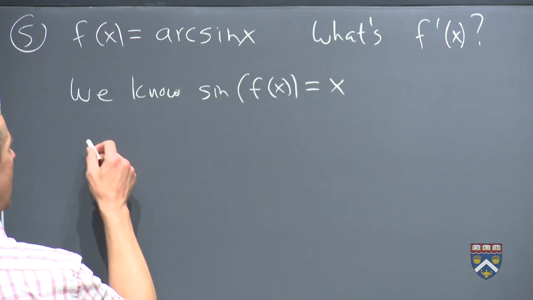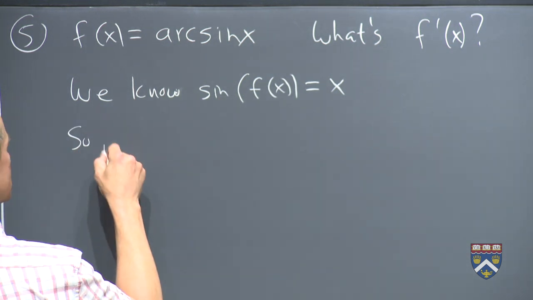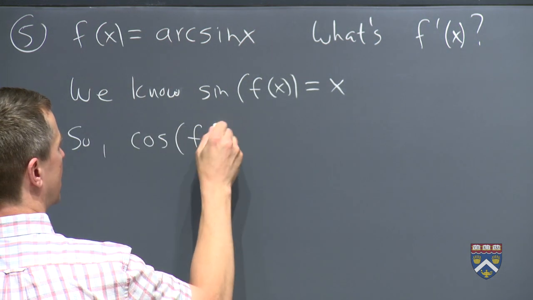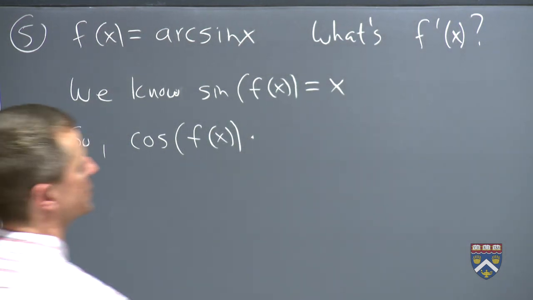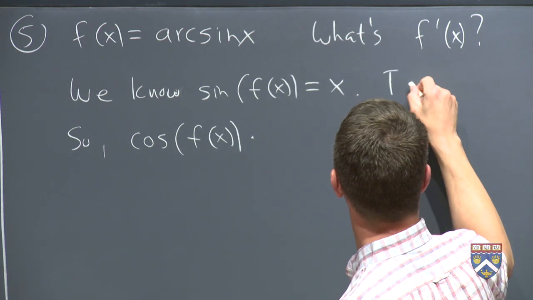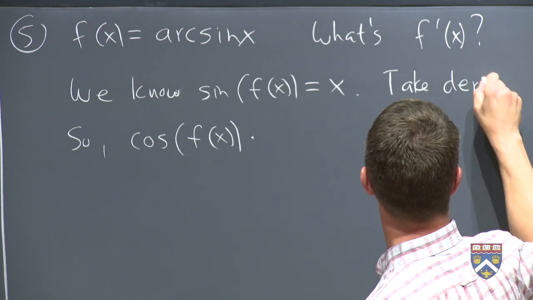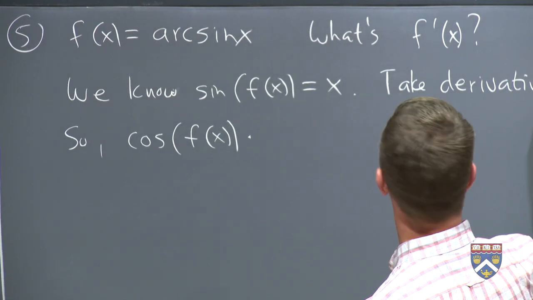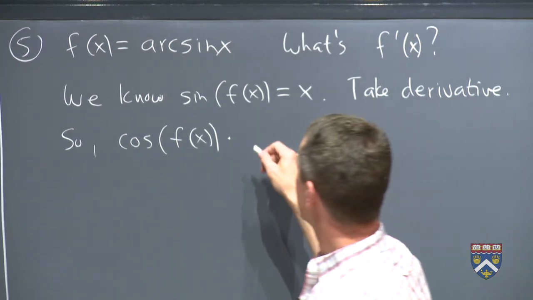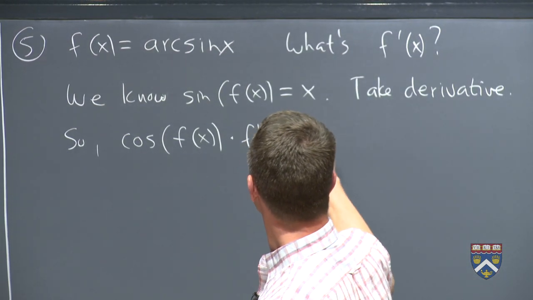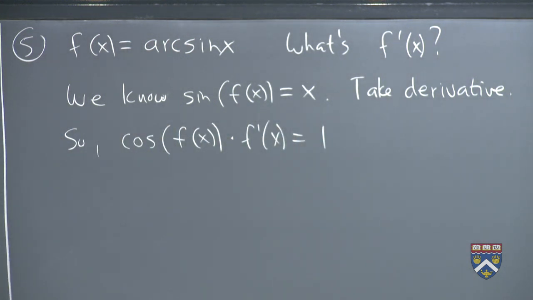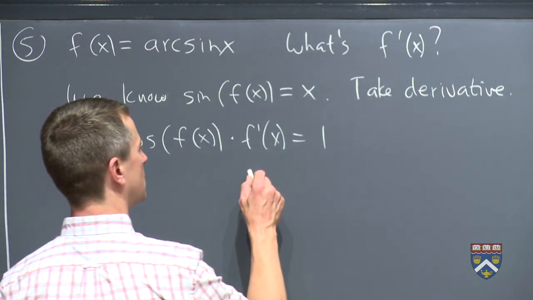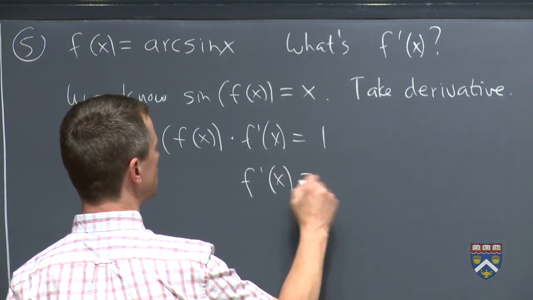So what's the derivative of sine? That's cosine. So cosine of f of x. And then the chain rule says, let me just make a note here of what we did here. Take the derivative. Chain rule says you have to take the derivative of the inside, so that's f prime. And the derivative of x is still 1. This is exactly the same technique we did for natural log of x and for log base b of x. What are we trying to solve for here? F prime of x. So f prime of x is 1 over